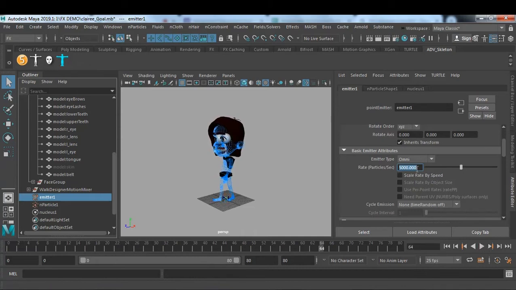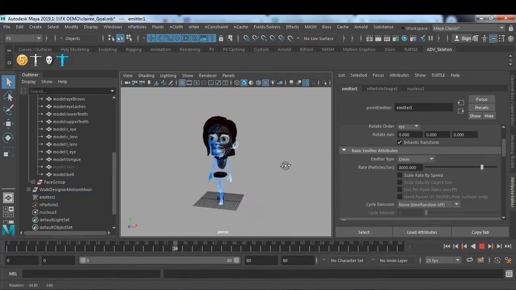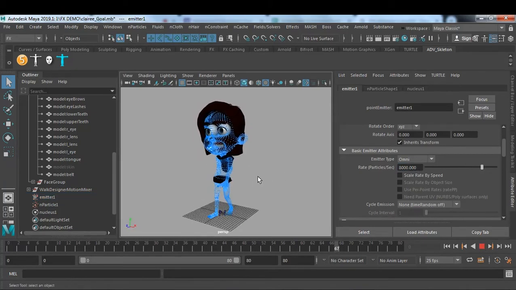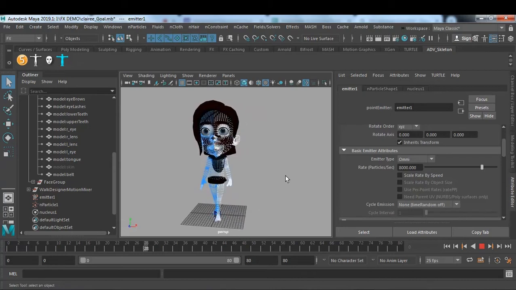I want more particles, let's say 8000. So see what's happening. Got it?